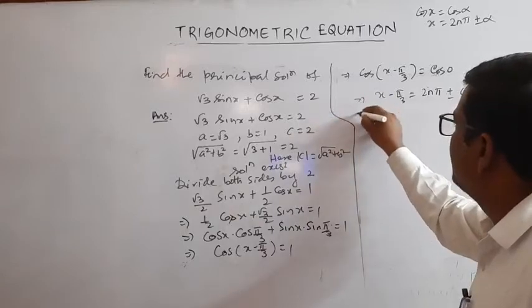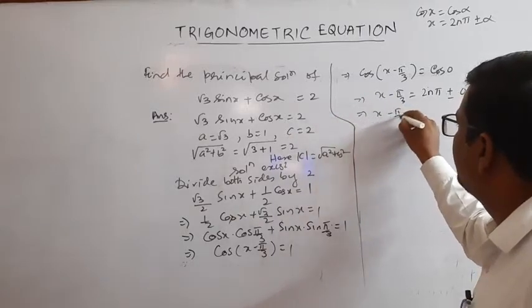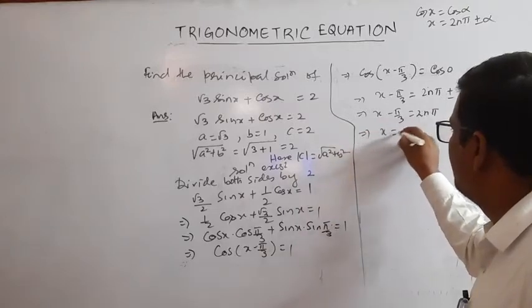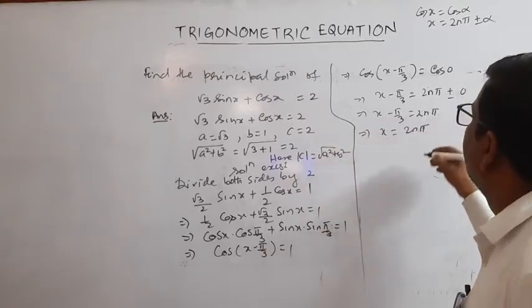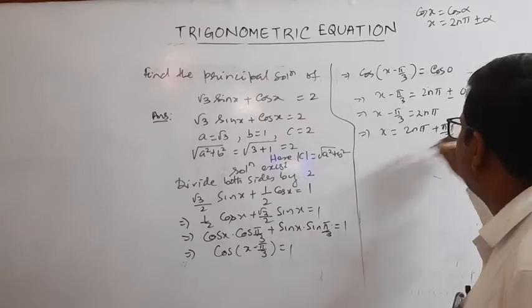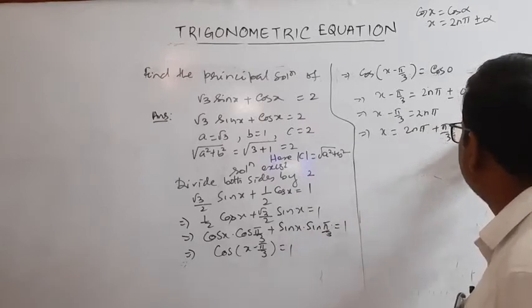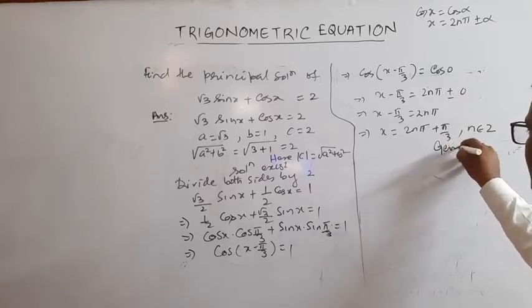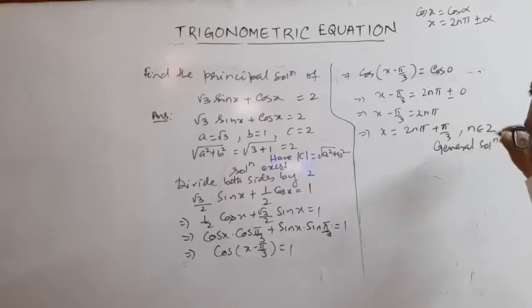So that implies x minus pi by 3 is equal to 2n pi, and x is equal to 2n pi plus pi by 3, where n belongs to Z. This is the general solution. Now for the principal solution,